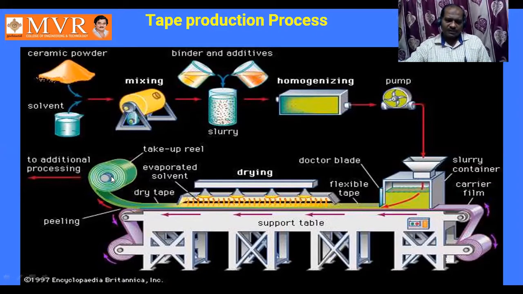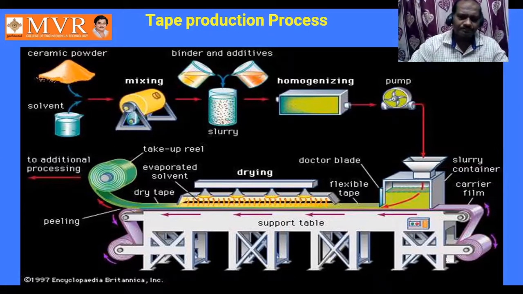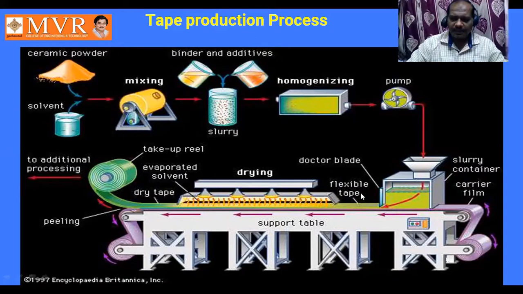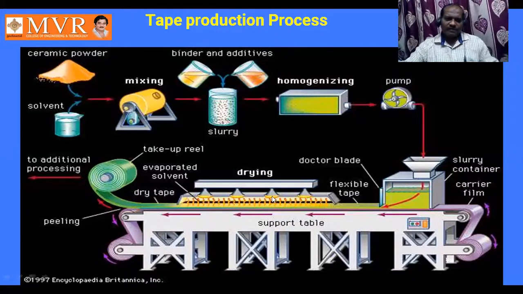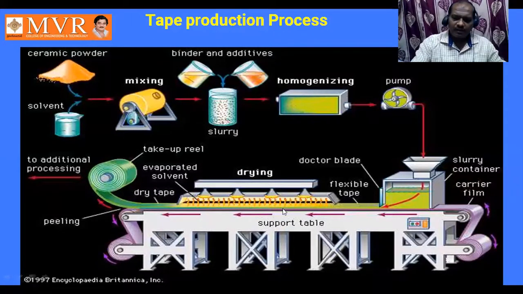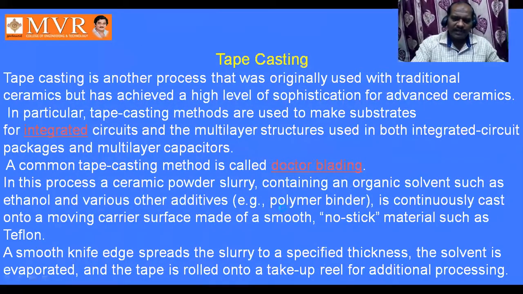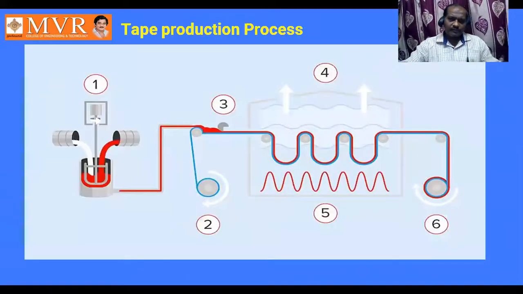After sufficient length is obtained, we are going to cut it and sell it to the specified place. Here slurry is going to be added. This is a slurry which is prepared for our requirements of the tape property. So I think everyone has understood this. Once again, you can observe the line diagram also. In the line diagram, we are going to prepare this.